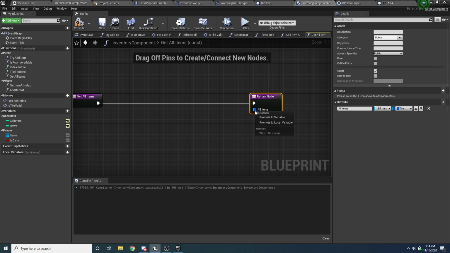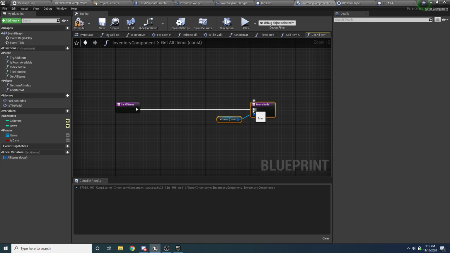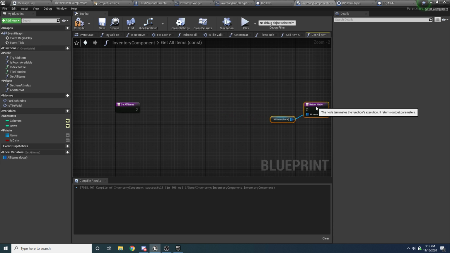So if we just right click on this and say promote to local variable, we can call this all items, and then in parentheses you can say local. And so that's what we want to return. So we just basically need to populate this guy so that we can return it. So I'm going to unhook this for right now, drag this over because we're going to need a little bit